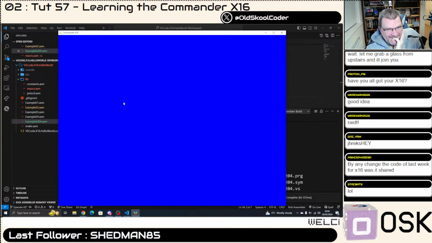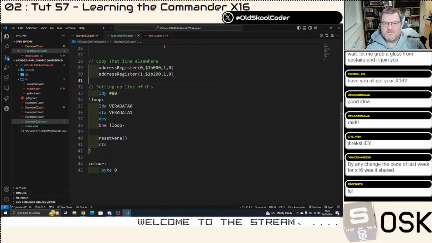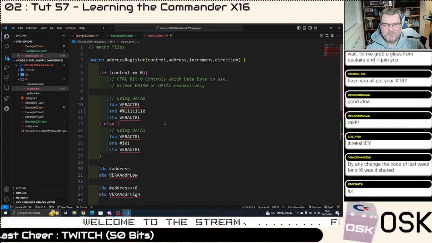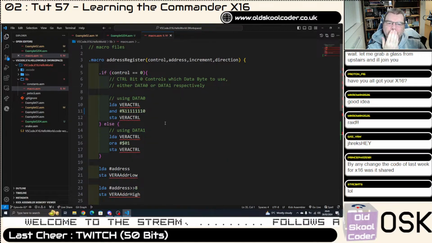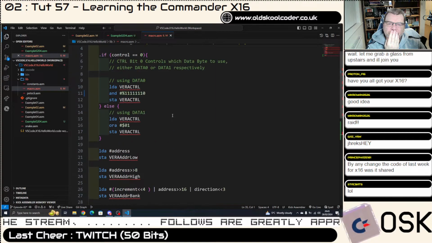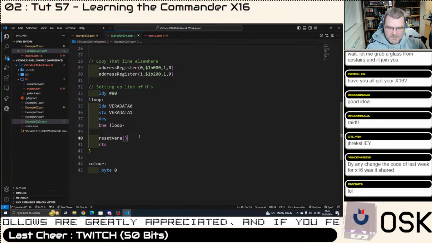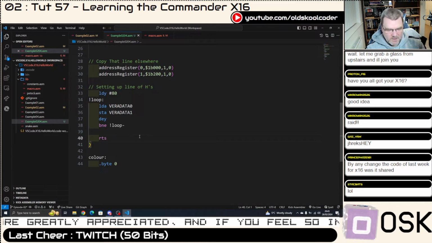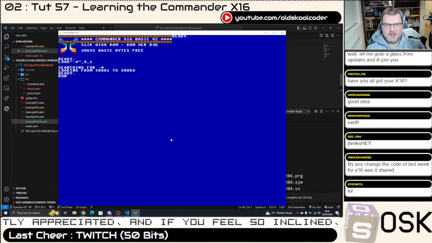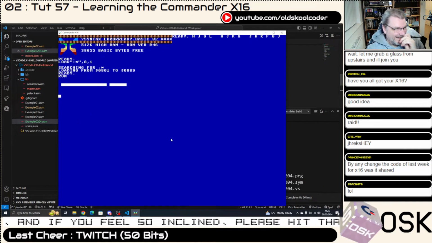Yeah, I think you're better off loading those values and putting them back. Well, at least we've got the reset Vera in there. So I think you might need a macro, save Vera and restore Vera or something. Although at the end of the day, who cares about the game? You're going to reset the game to restore the machine, so bugger it. Within a game, you would probably never go back to BASIC, because it's such a great game. Well, this is it. But seeing as we haven't written a game yet,